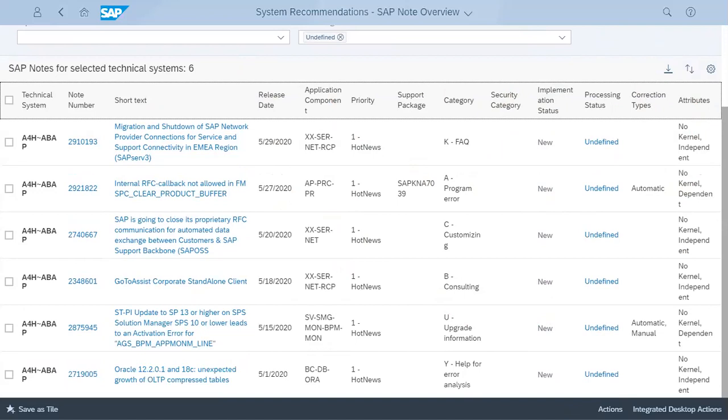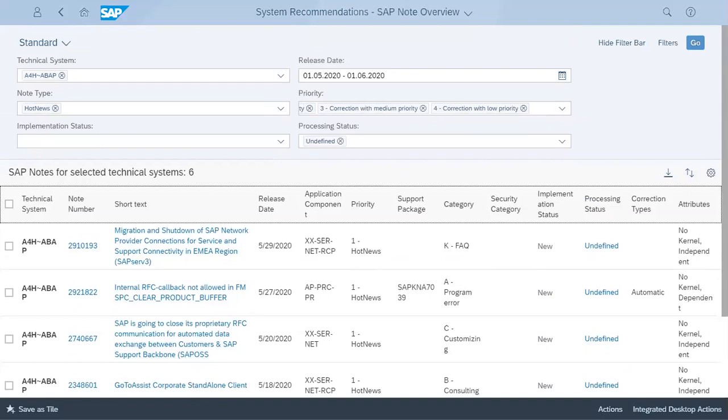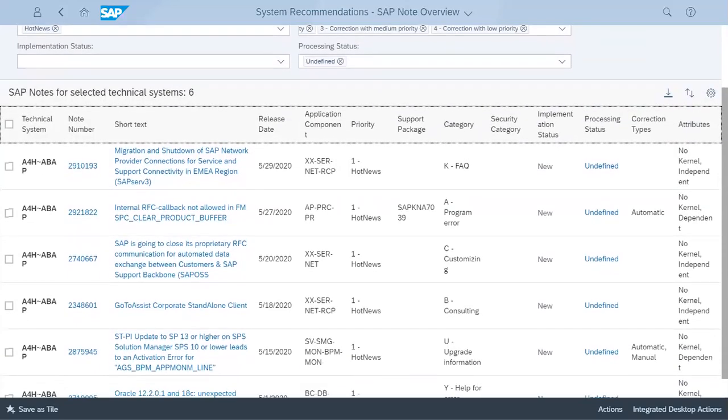There is also one option that we can select all and download into a CSV file, which can be downloaded from here as well, and your team is required to implement this note as per your scenarios or as per the process defined in your company.